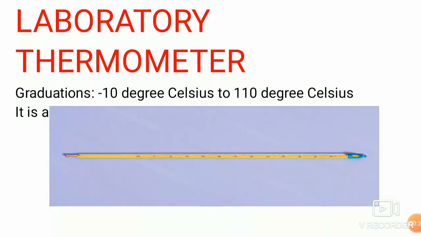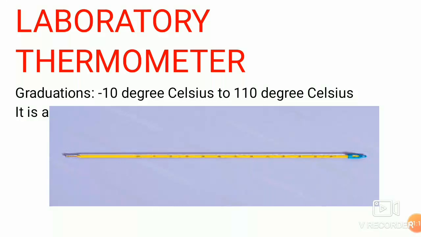First of all, let us study the laboratory thermometer, which is more commonly known as the mercury thermometer, as the thermometric liquid in this kind of thermometer is mercury. This is the most common type of thermometer used in a laboratory. It has a very fine glass tube called a capillary tube with a thin glass bulb at one end. This bulb is filled with a shiny liquid called mercury. Mercury is easily seen in the capillary tube because it appears as a shiny thread. The other end of the capillary tube is sealed.